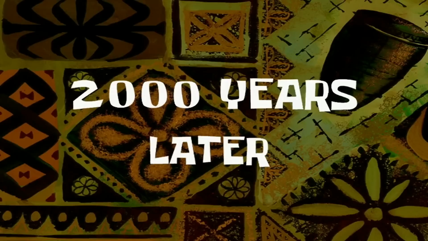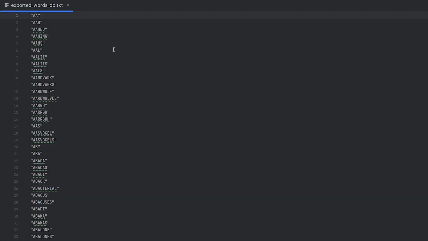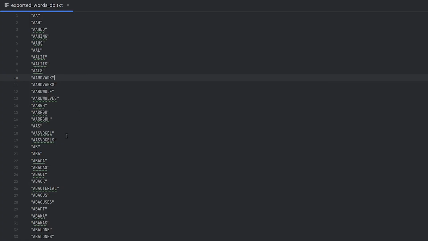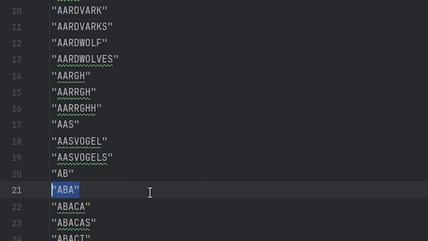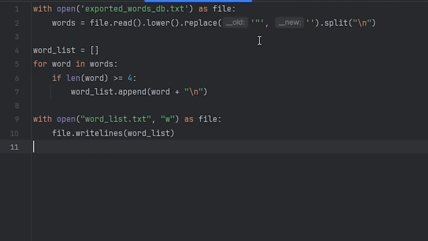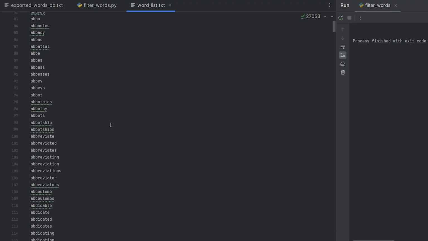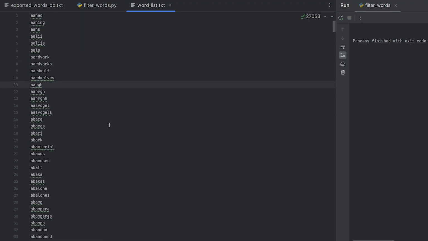2,000 years later. So I've just loaded it in here into PyCharm, and what we want to do is remove the quotes from all of these words here, but Squaredle also only allows words that are at least 4 letters long, so we also need to filter out any words that are shorter than 4 letters. So I quickly wrote some code that will do exactly that, and now after running that code we get a list of just the words we want. So now we can move on to